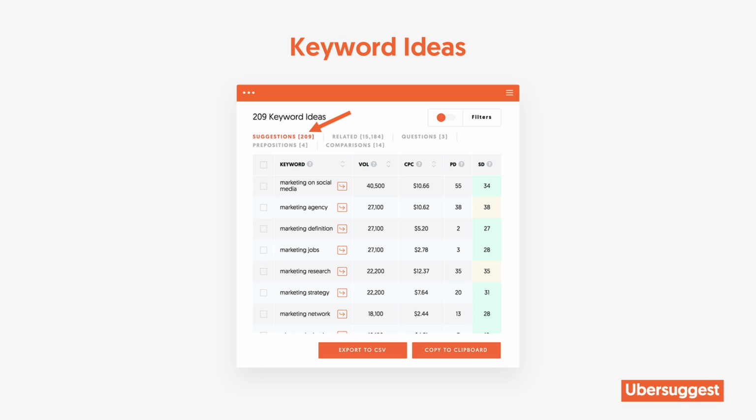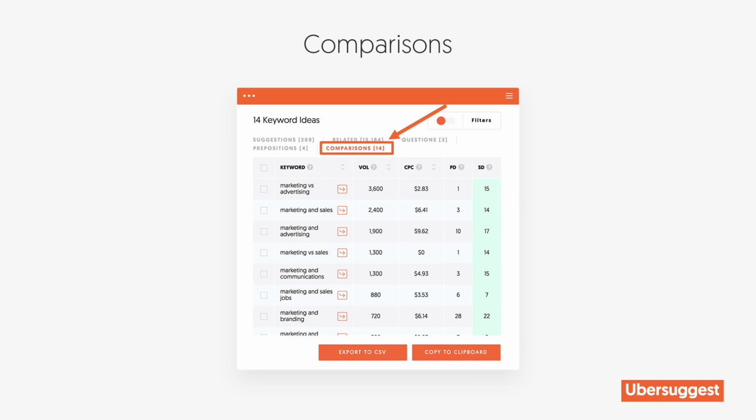So when you go to Ubersuggest and you type in a keyword, it's neilpatel.com/Ubersuggest if you're wondering what the URL is, and you type in a keyword related to videos that you're thinking about going after. On the left-hand navigation, there's this option called Keyword Ideas. Click on that and it'll show you all the other similar keywords that you could be going after that are popular, and that'll give you ideas of what you can create video content on. There's also a comparison section which will also give you ideas for more keywords to go after.